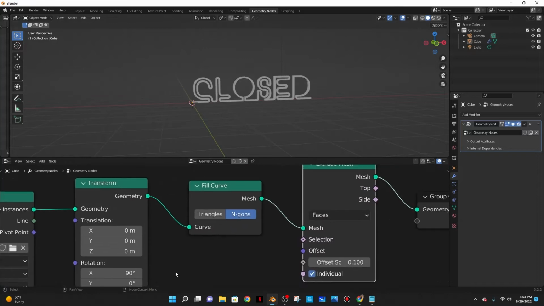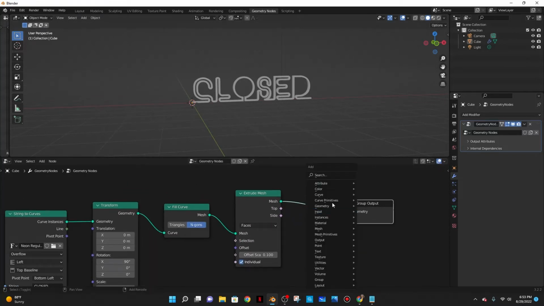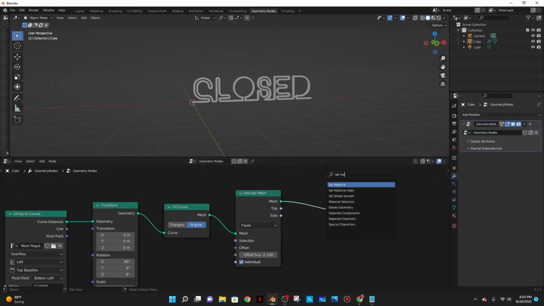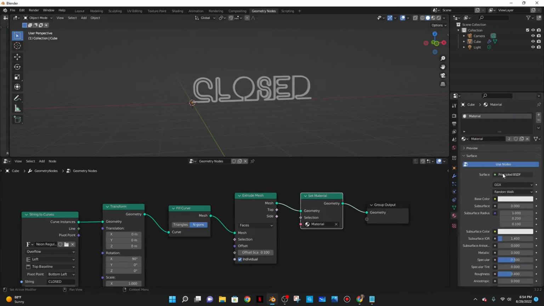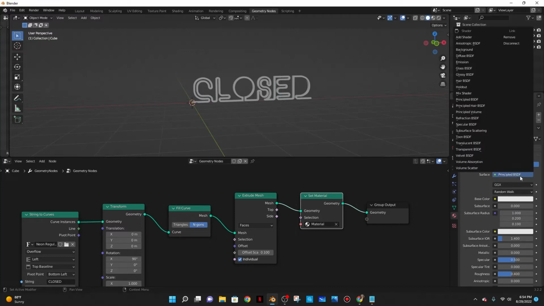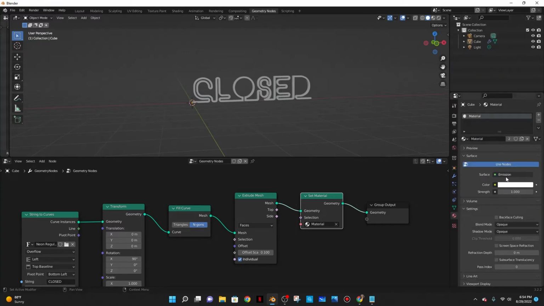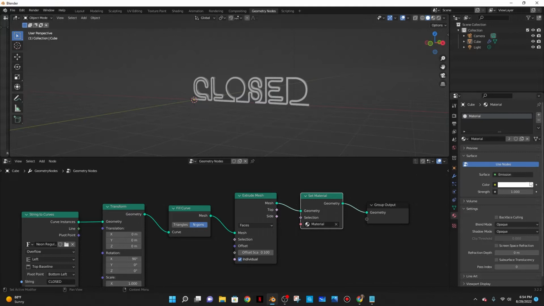All right, and the last thing here would be to do Shift A and get a set material node, and then just select the material you see here and go to material properties and change the surface from principled BSDF to emission BSDF, and that's going to allow the letters to emit light, which is the glow in the dark part. And in order to actually see this happening, I'm going to go to render preview,